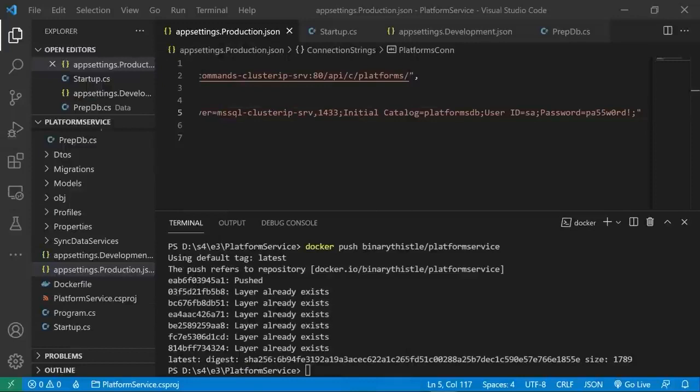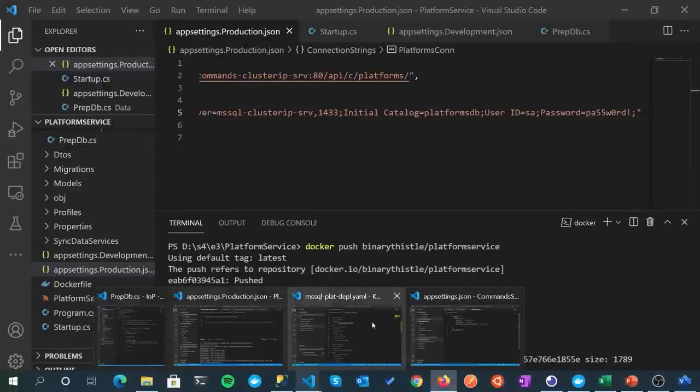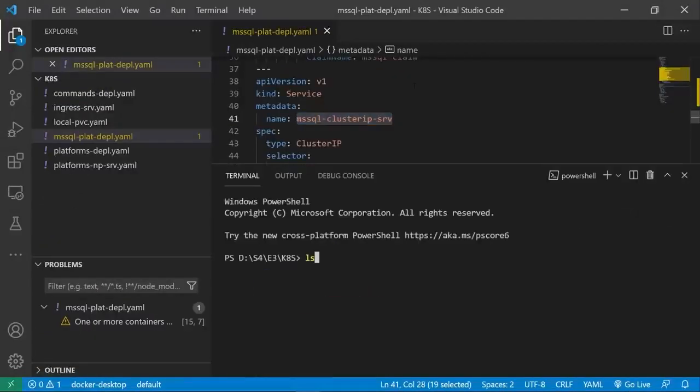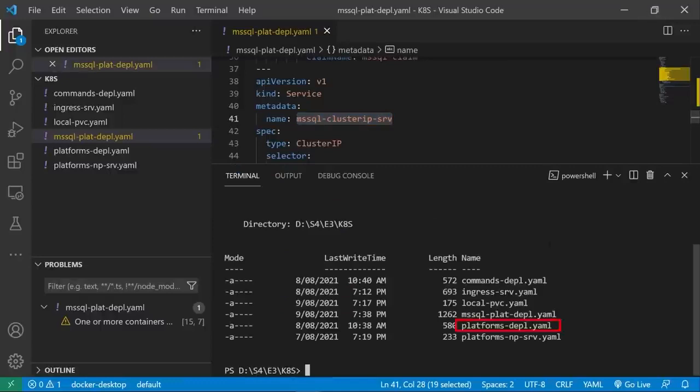All right, so we do now need to actually go over to our K8s project. So let me just find that. That's this one here, and do a control backtick, and we'll do a directory listing. And we want to redeploy, yeah, we basically want to deploy as if we were doing it for the first time, this deployment here. So again, just to labour the point,